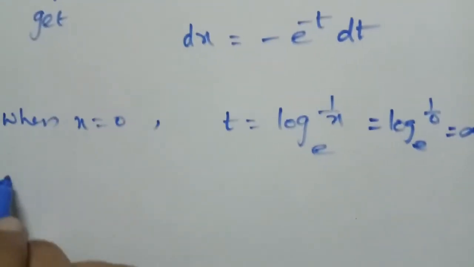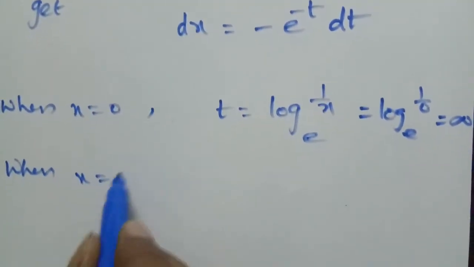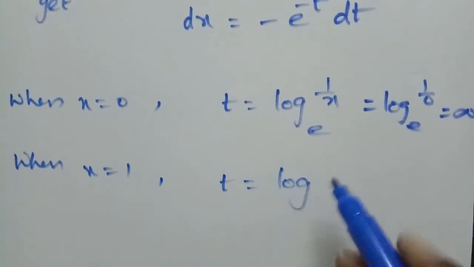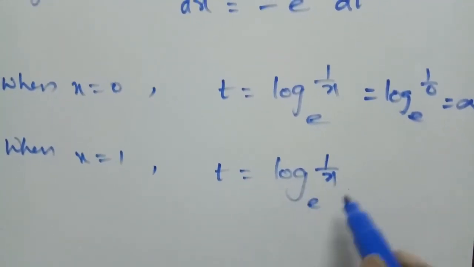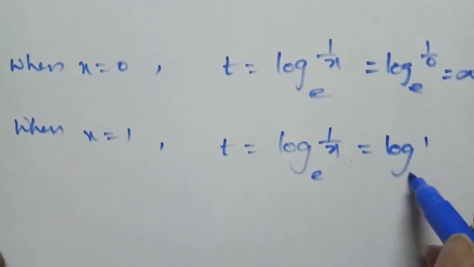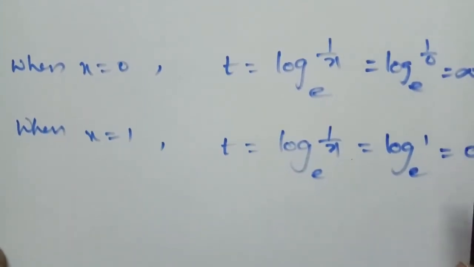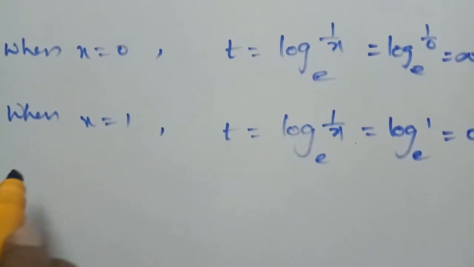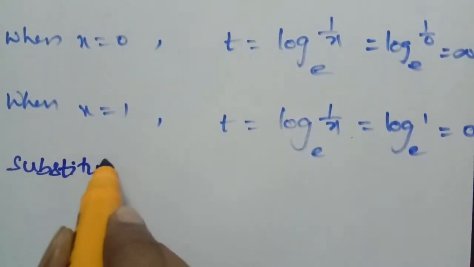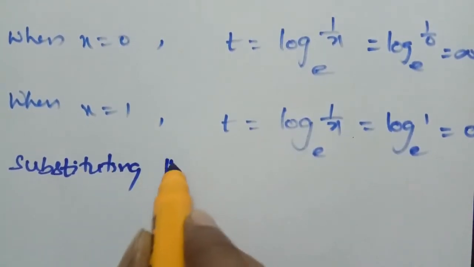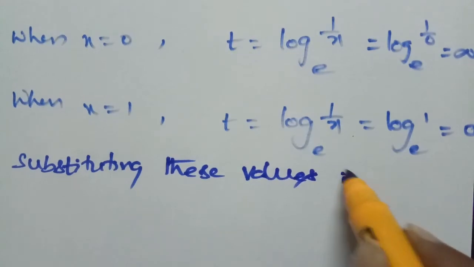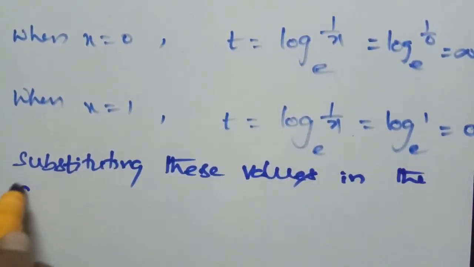When the upper limit of the given integration is 1, t is equal to log of 1 by x base e, which is log 1 base e, and log 1 is 0. Substituting